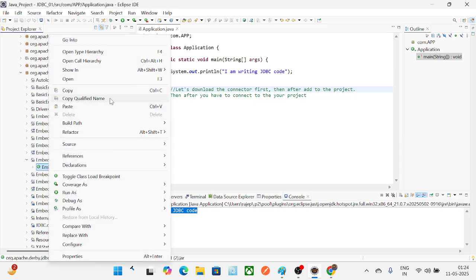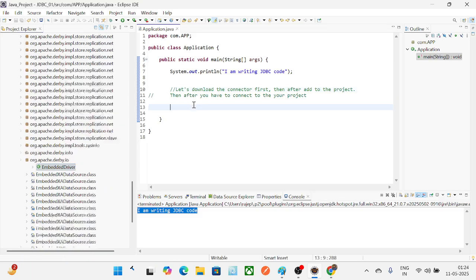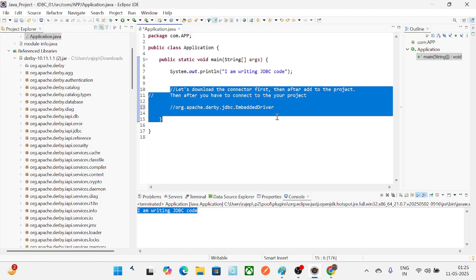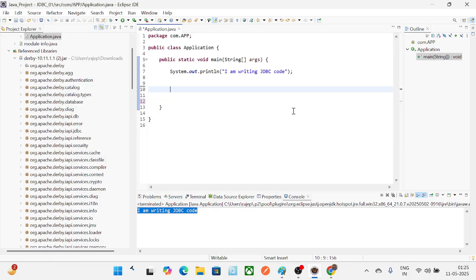Just click on Copy Qualified Name. Once I have clicked on it, I will get my driver name like this. Now this driver you have to load in our first step. What is the load driver step? For loading the driver we are using the method known as forName method. The forName method is a static method